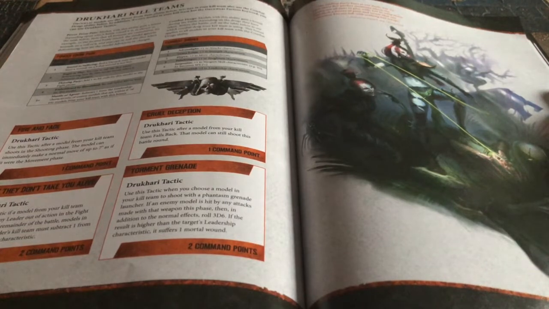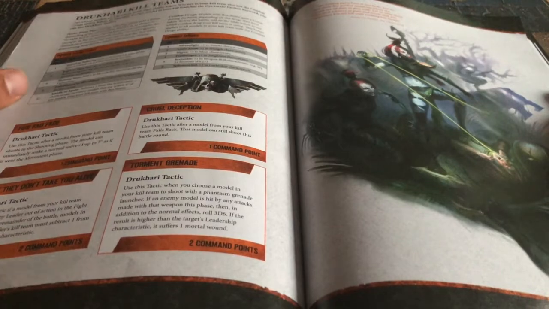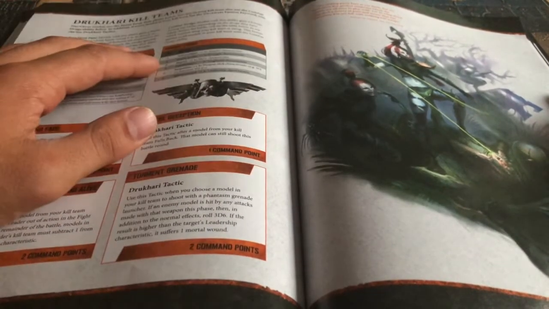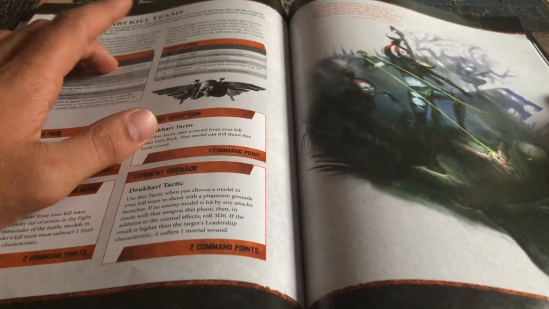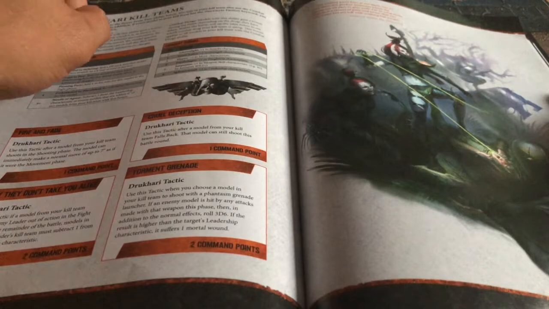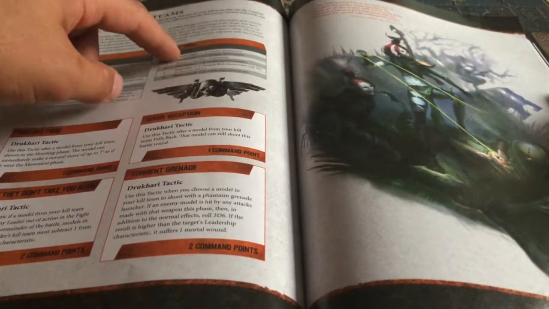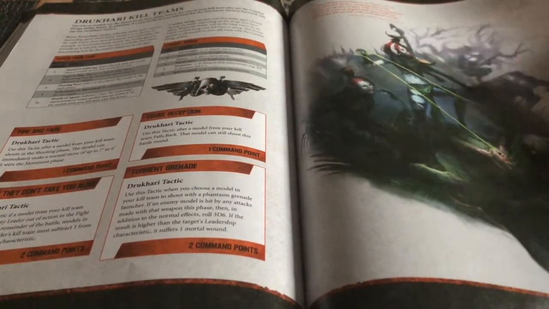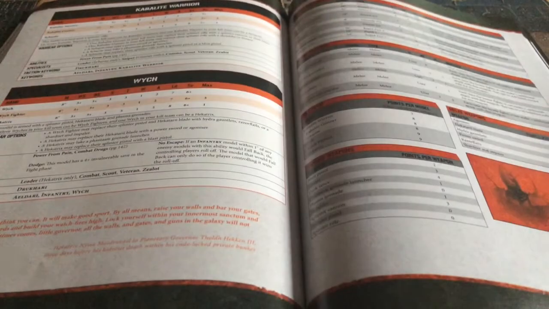You can re-roll failed nerve tests for this model in round 4 instead of automatically passing. I think that's the only real difference. And you've got the combat drugs, which I believe is the same, but you don't get to choose. All of the things that have combat drugs have the same, and you just roll off. So it says you have to roll. It doesn't say you get to choose,